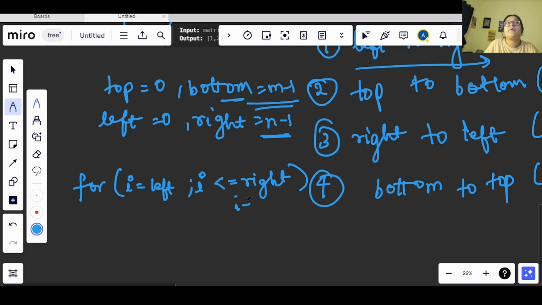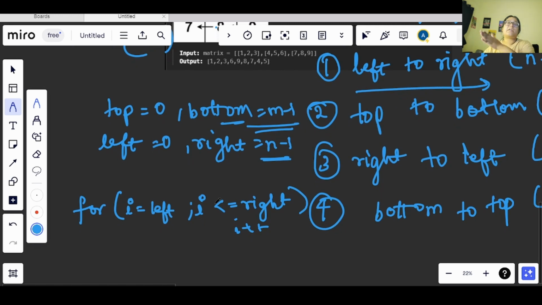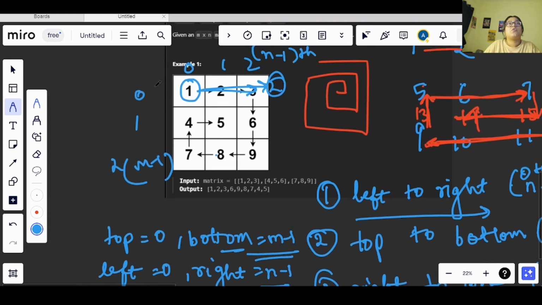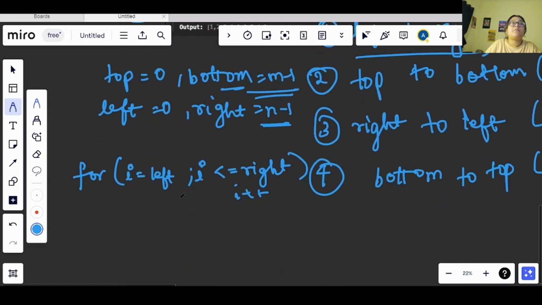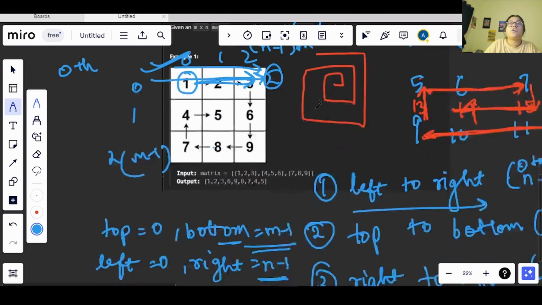Now this i will be incremented as usual, and we are basically iterating on this row. We are iterating on the 0th row, and only the column value is changing. So the matrix is named matrix, so let's use that.